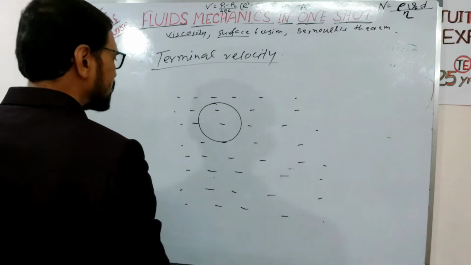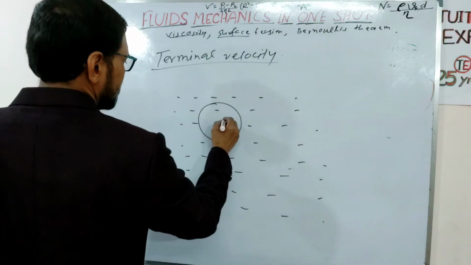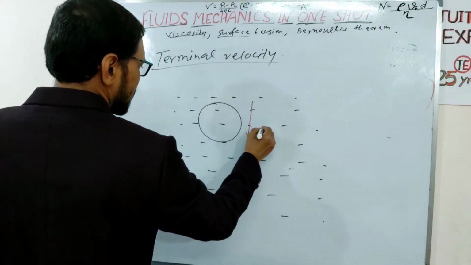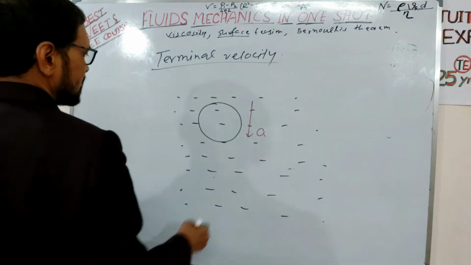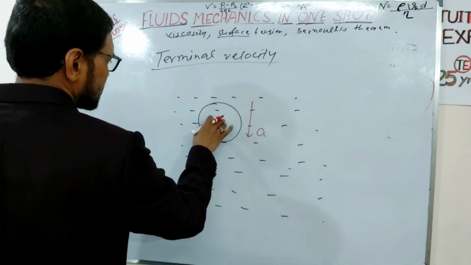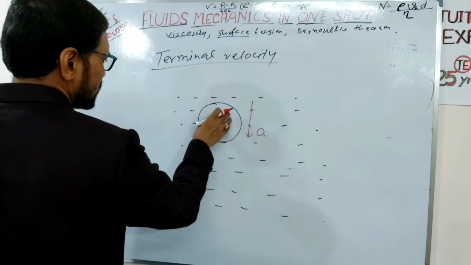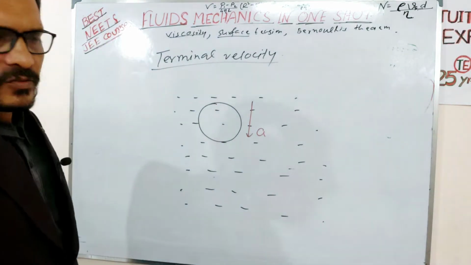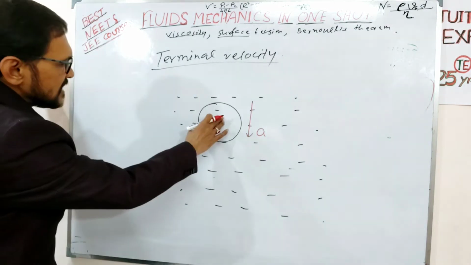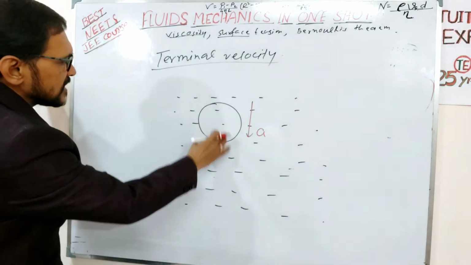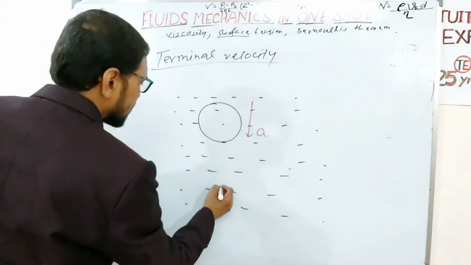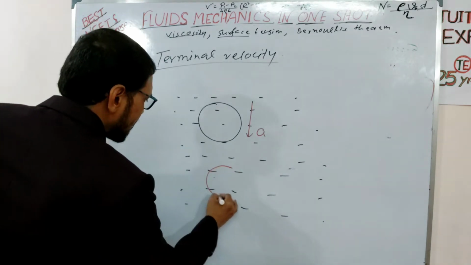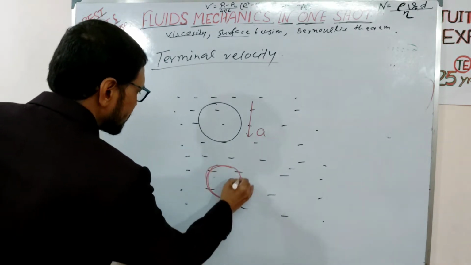When a spherical ball moves through a liquid, first it moves with acceleration. As it has acceleration, its velocity increases with time. The ball has an acceleration, and as it has acceleration, its velocity increases with time. So after a certain time,